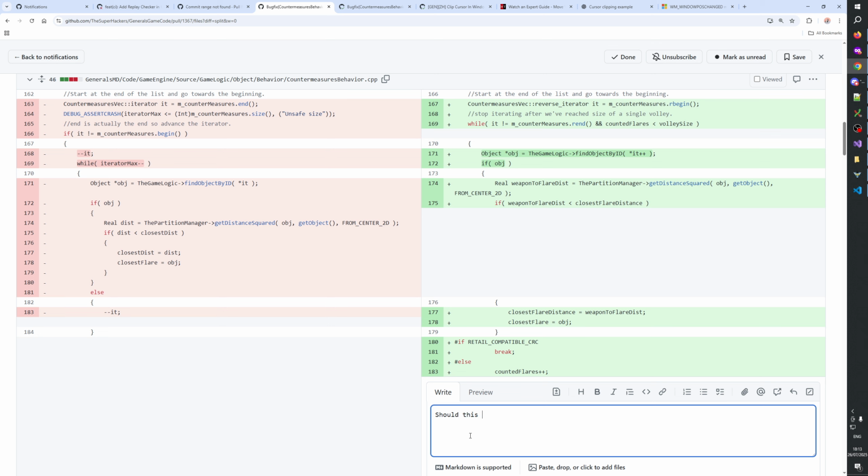Should this be inside or outside the original code? It is outside.